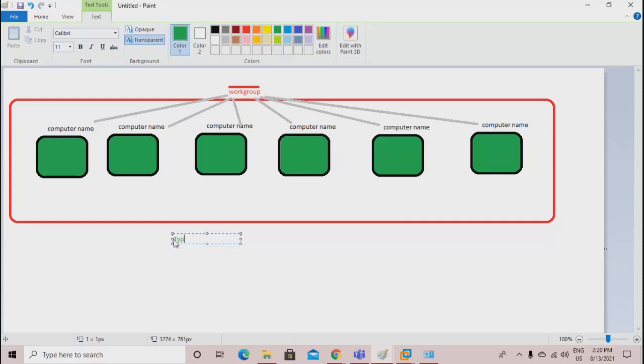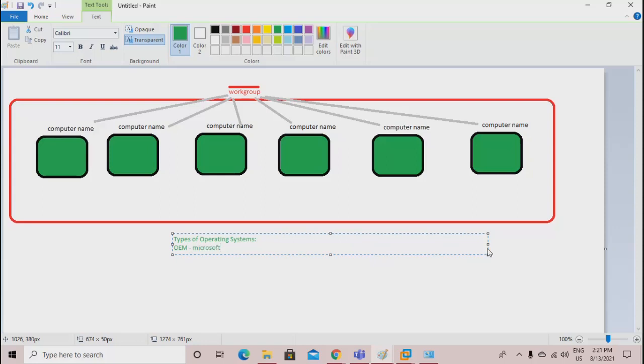So types of operating system, at least you know what this is. What are the types of operating systems? Windows, Linux, Mac OS. OEM. What is OEM?